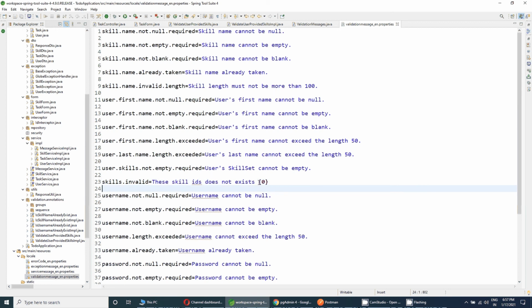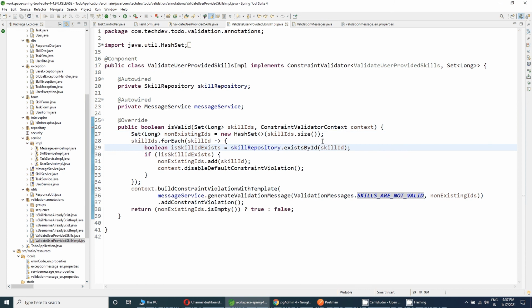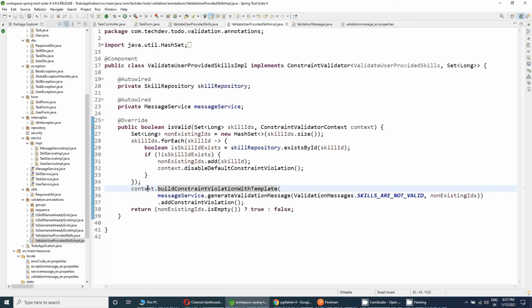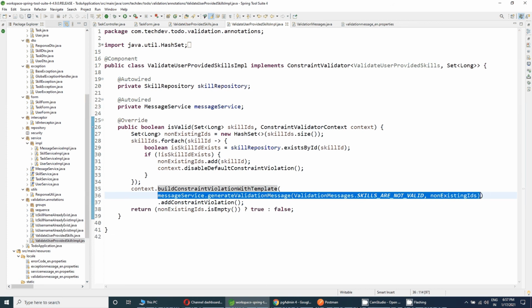So to pass this data whenever you want to send the validation constraint error, what you need to do is first of all disable the default constraint violation, and also add the custom constraint violation by using this context, that is the constraint validator context dot build constraint violation with template. Inside the template you will just give the message, whatever you want.